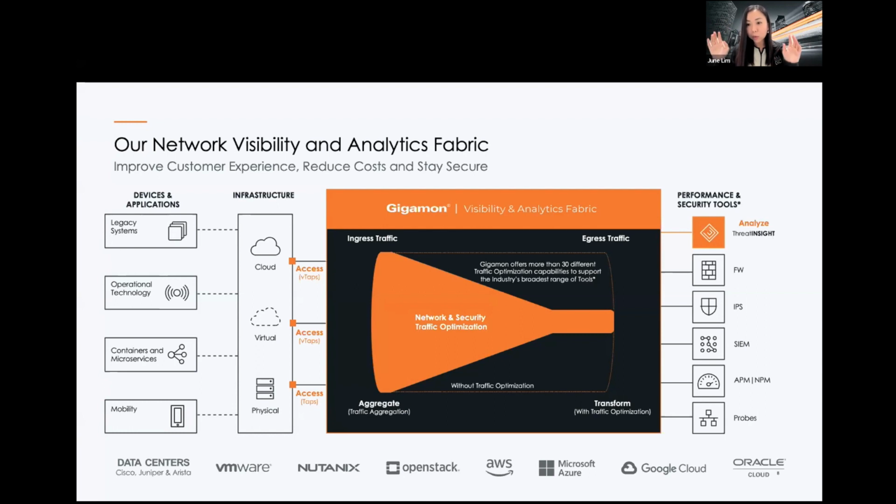We can also do the necessary decryption before we get the traffic from your Amazon or Azure workloads, decrypt them before we send it to your cloud tools, before we send it to your cloud SIEM, whether your SIEM is sitting on the cloud, is SaaS-based, or is on-prem. Wherever your tool sits, we can just send it over, no problem.